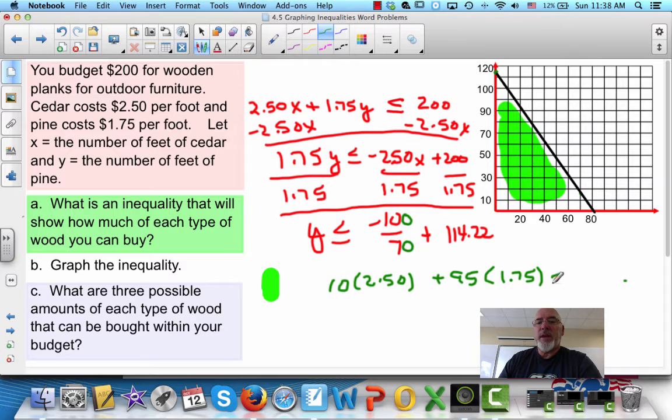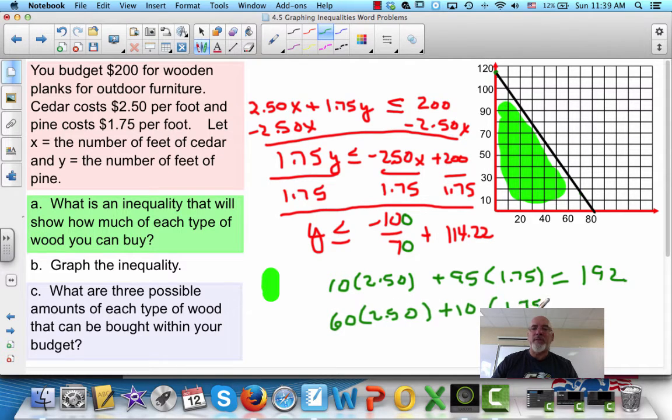And whenever you do that, it comes up to be $192 approximately. Okay, so that works. Or we could have gone 60 and 10. So we could have gone 60 at $2.50 and 10 at $1.75. And that would have come up to